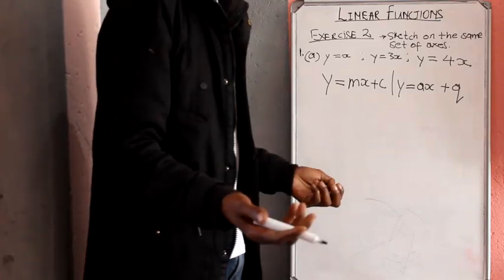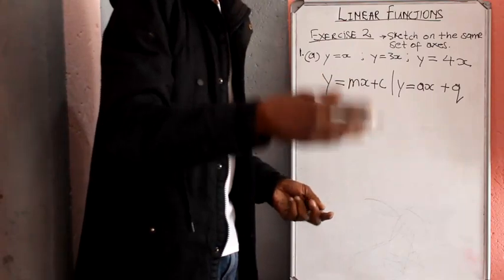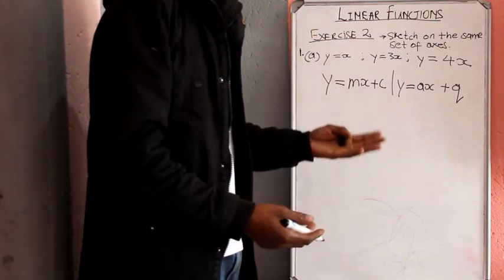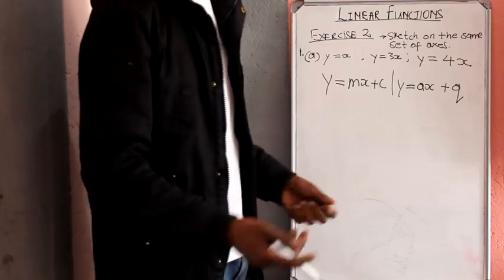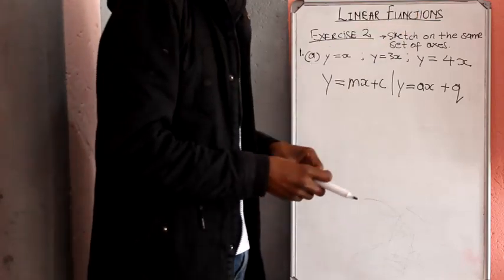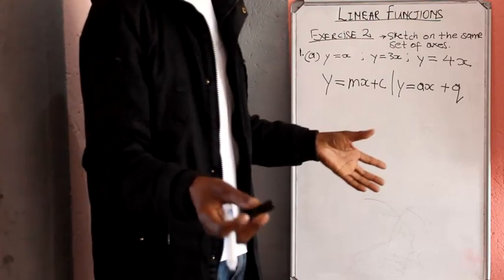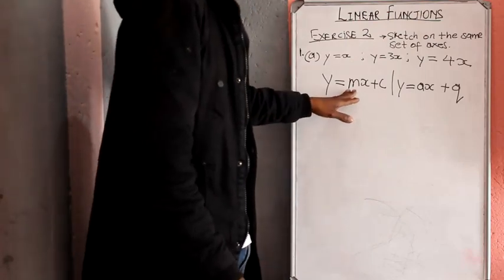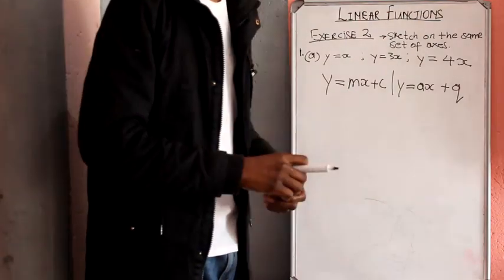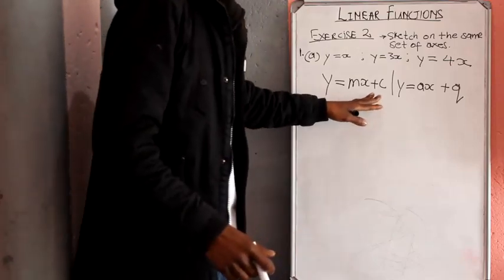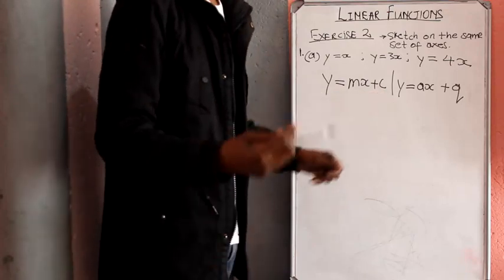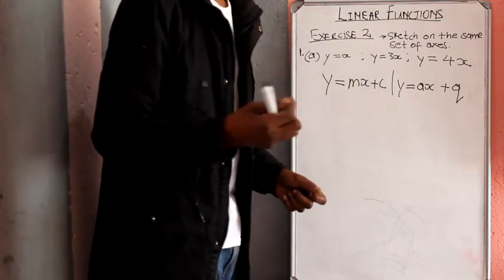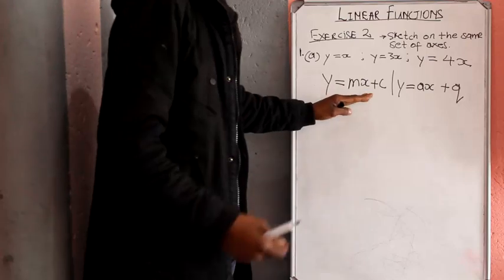For instance, your quadratic functions have ax squared plus q, and then another one says ax squared plus bx plus c, and those a's there represent something totally different from what is represented in the straight line graph. So the distinction made by y equals mx plus c is rather more pertinent in the understanding of